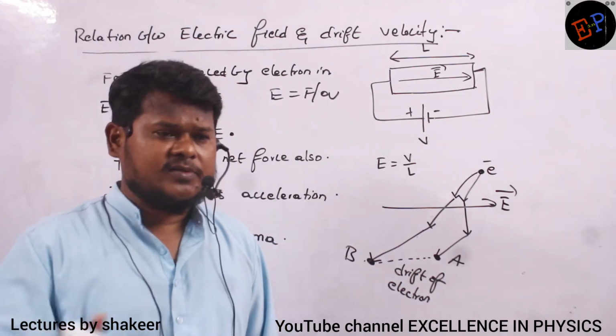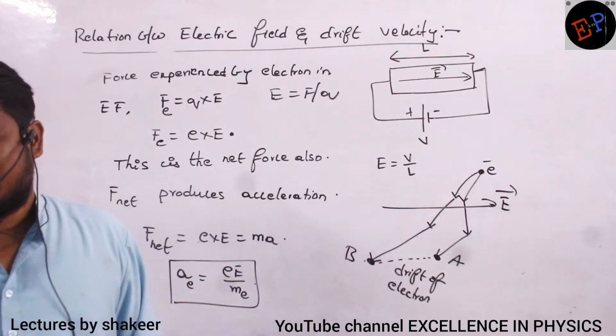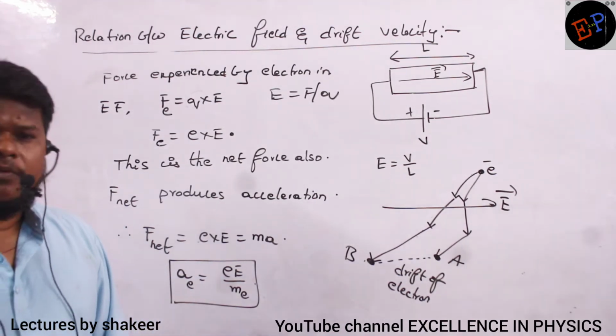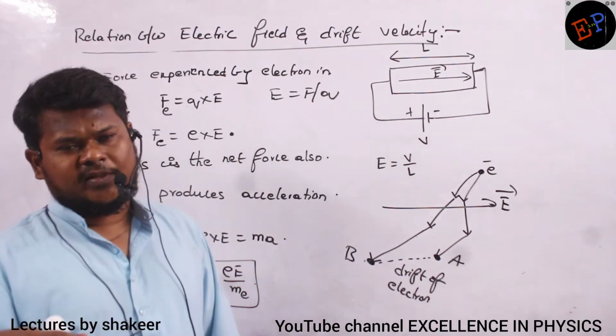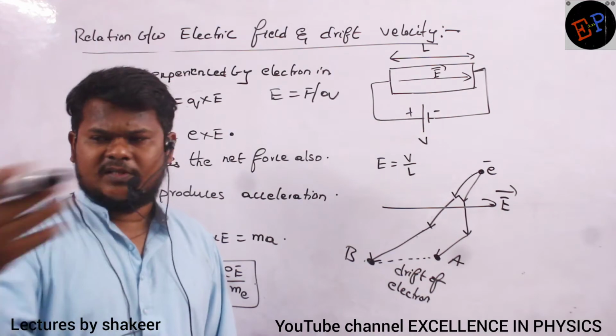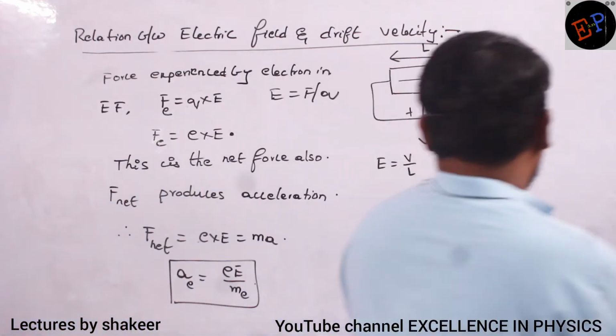Force is acting continuously, no? So even though collisions are present, continuous force is acting on the electron. So continuous acceleration is also produced. But meanwhile, the electron will be colliding, stopping, its speed reduces, again speed will increase, again collision happens. So this continues continuously. Are you able to understand? Now, so therefore,